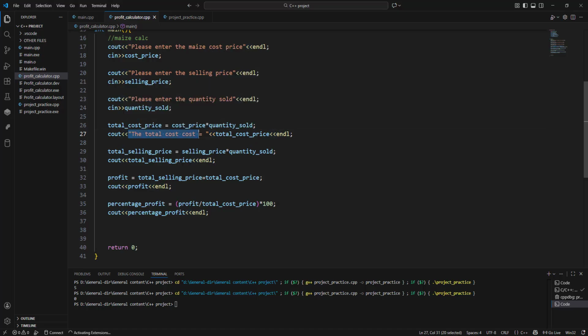So I'll do the same for the total selling price. I'll come inside here and I'll create the quotes and I'll say the total selling price equals. So we shall do the same for this. We shall create the angle brackets like that, come inside and say the profit equals. Shall go for the percentage, shall do the same and say percentage profit